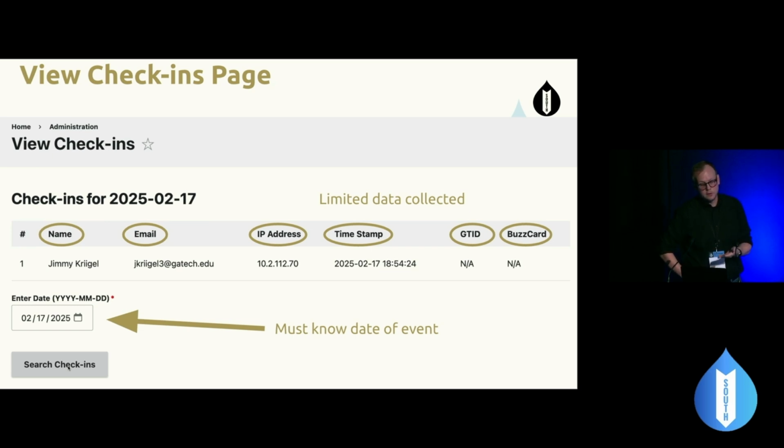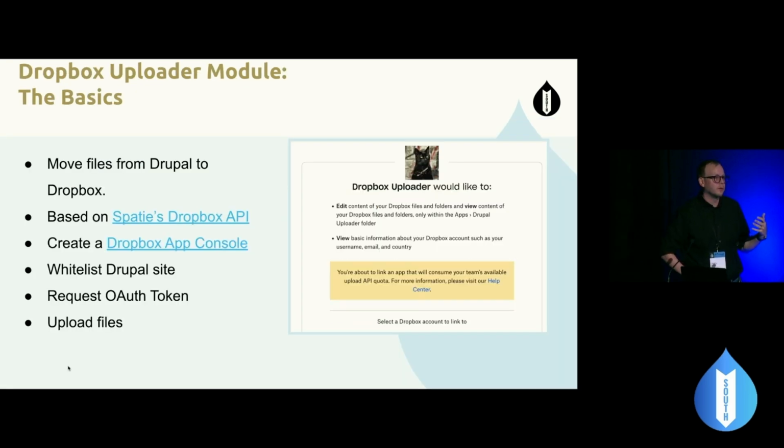So if this isn't the right date and someone else wants to go back and look at something, they can change the date, click search check-in, and then it'll populate. What it does is go and read the CSV file, load it up, and print it on there. So now we have the data on here. We need to be able to extract it, and I talked a little bit about why we wanted to extract that. And that's really